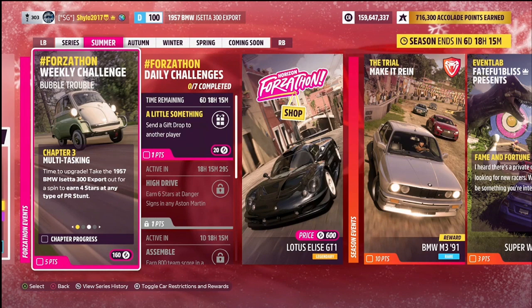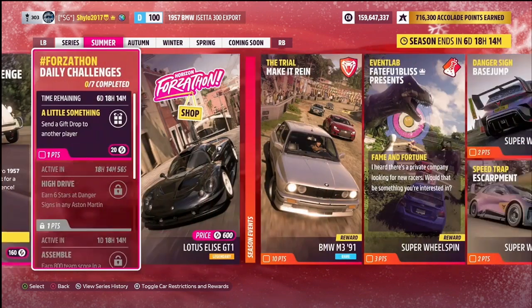So Chapter 3 wants you to earn 4 stars at any type of PR stunt, but also Chapter 4 Small Wonder wants you to earn 2 stars at danger signs, so you might want to combine them. You might want to go to a danger sign, get your 4 stars for Chapter 3, and then do another one to get your 2 stars for Chapter 4, so you'll have to do it maybe 3 times for that one, and then you can complete 2 chapters consecutively without having to change anything. That is the very simple Double Trouble Forzathon Weekly Challenge completed, so we can now move swiftly on to the